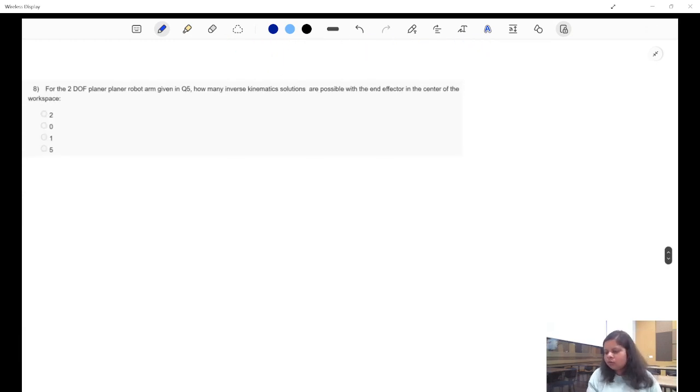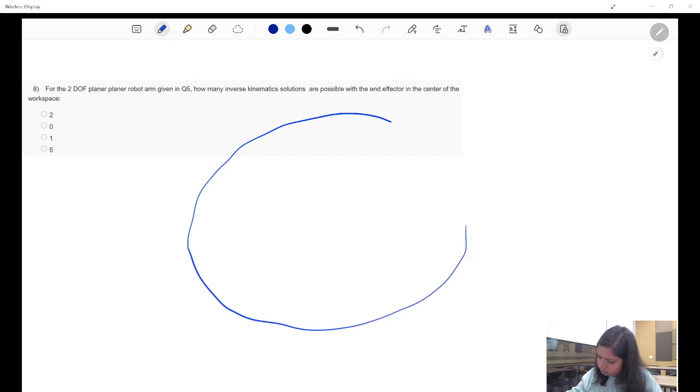So for the 2-DOF planar robot arm given in question 5, the same question to our manipulator, how many inverse kinematic solutions are possible with end effector in the center of workspace? So yeah, if it is talking about center, I'll draw a circle. Let's say this is my center of